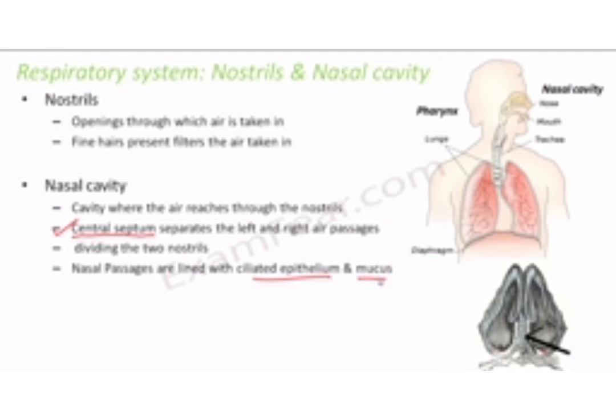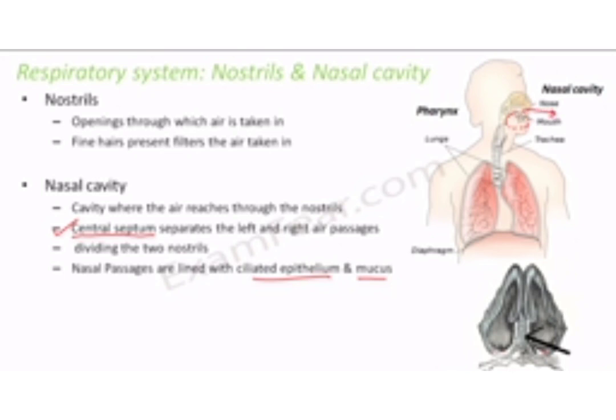Right? So now you must be wondering, from the mouth we have an oral cavity. Again, through the nostrils we have a nasal cavity. Now how are the nasal cavity and the oral cavity separated? So the oral cavity is somewhere here, right? Now this nasal cavity and oral cavity are separated by a bony plate. So this is the bony plate.